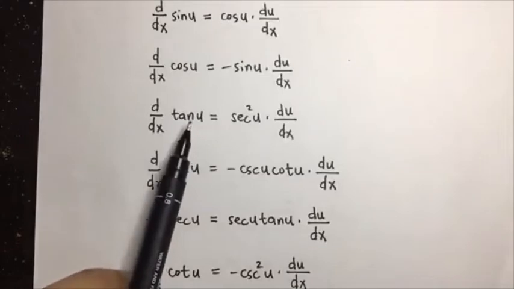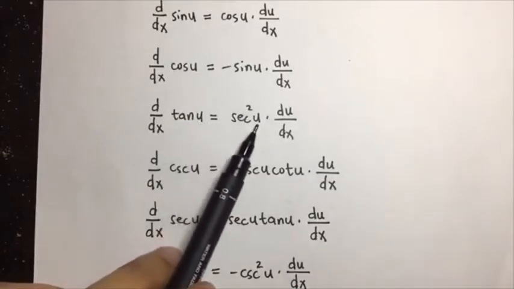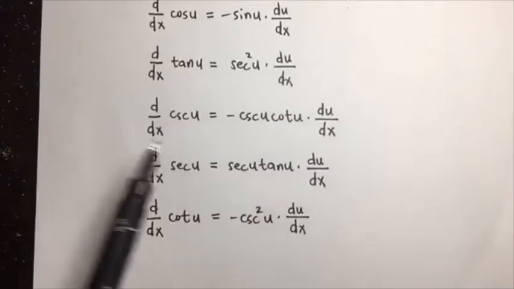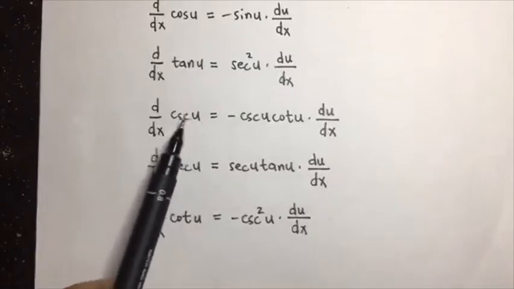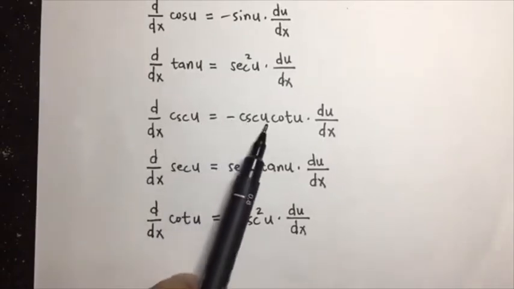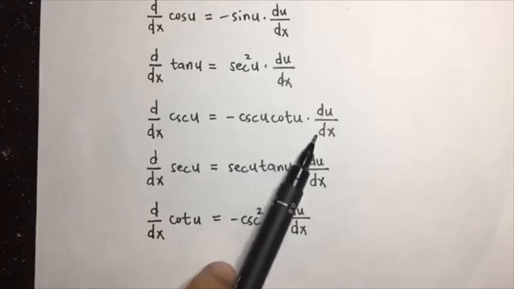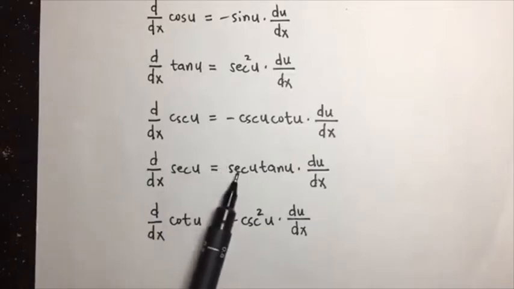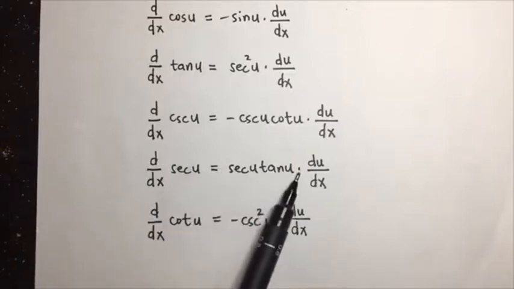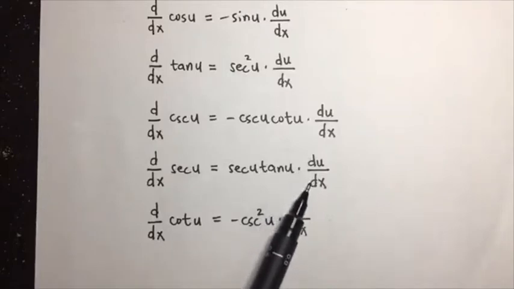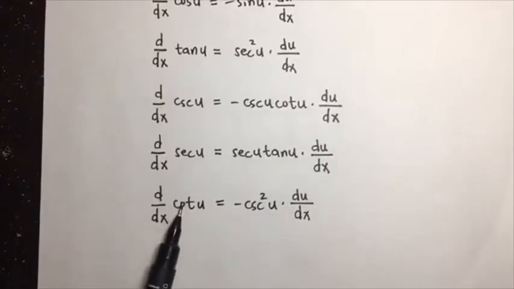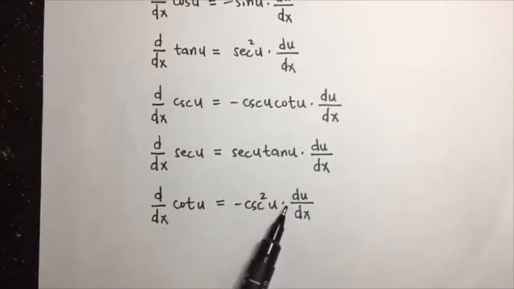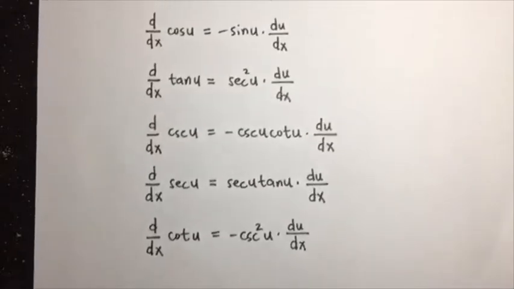For tangent of u, its derivative with respect to x is secant squared of u multiplied by du over dx. For cosecant of u, its derivative with respect to x is negative cosecant of u, cotangent of u, times du over dx. For secant of u, its derivative is secant of u, tangent of u, multiplied by du over dx. And for cotangent of u, its derivative is negative cosecant squared of u times du over dx. So you have to memorize these